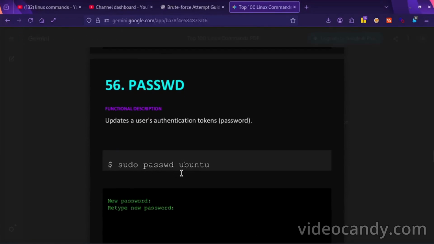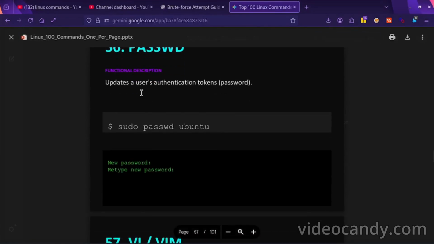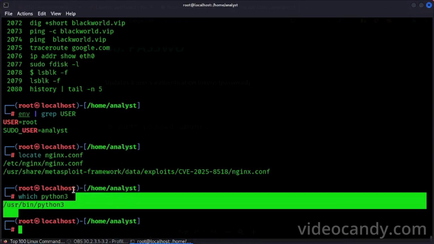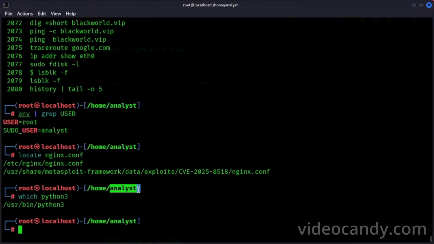passwd: update a user's authentication token or password. If you want to update a user's password, you have to run sudo passwd and your username, which for me is analyst.